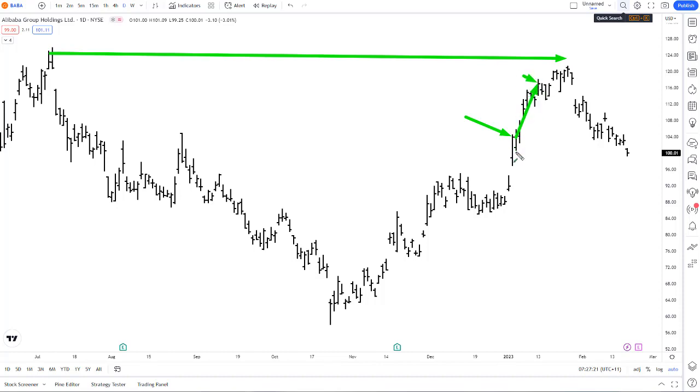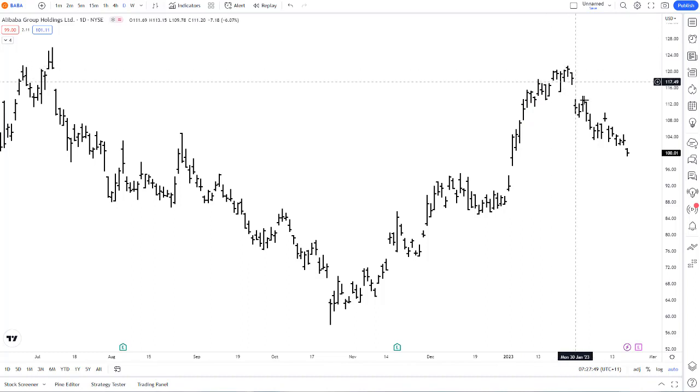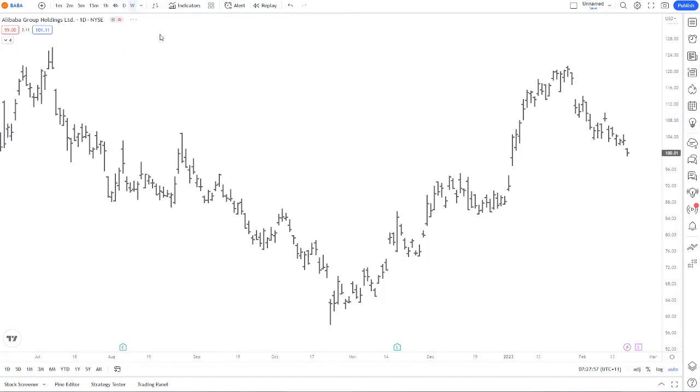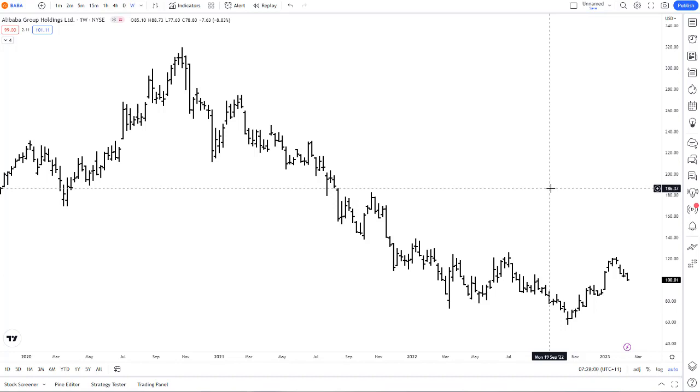I didn't get the exact high, but I had that short-term move, and that gave me a 65% return on my options. So that was what's called a short-term trade. So that's what I did from there to there, right? We had a really big move to the upside, and then now we're getting a really big pullback. But this overall pullback here that we're seeing on the daily charts, we can see that this weekly chart now,